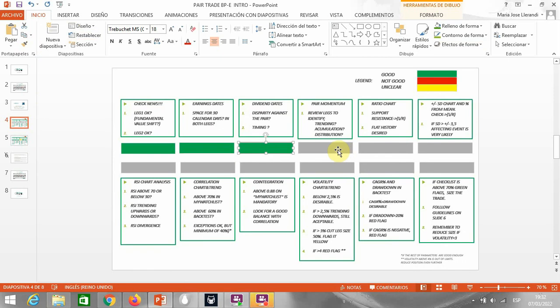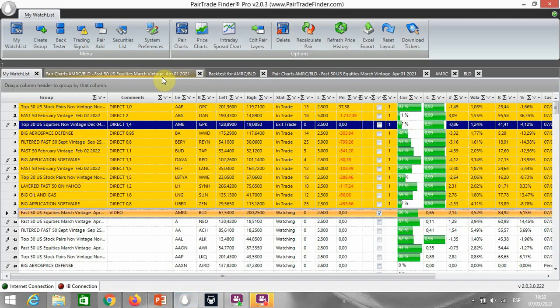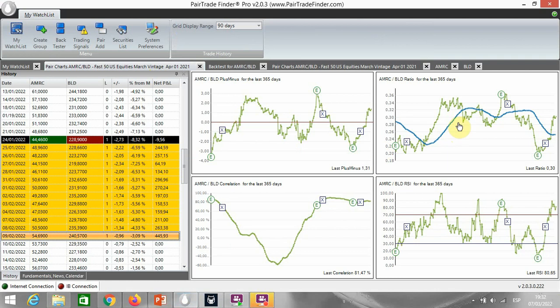Per momentum, in order to try to make a decision on this, let's go to our charts and take a look to the ratio for the pair, and this is what we see. This is the signal on the 24th of January, and then you see that on the left it has been pretty flat for the last almost 6 months. It is true that it was trending down prior to the signal,